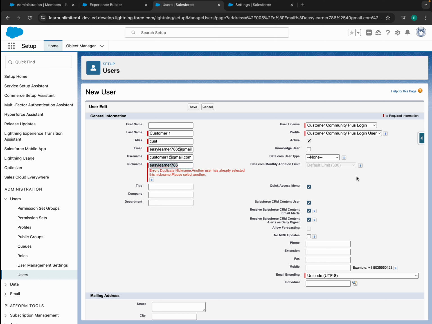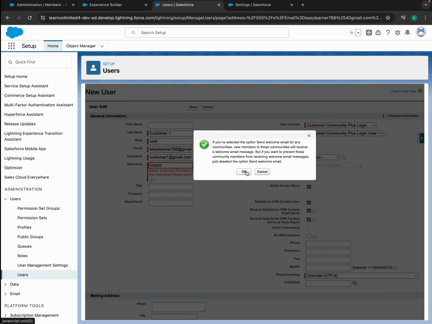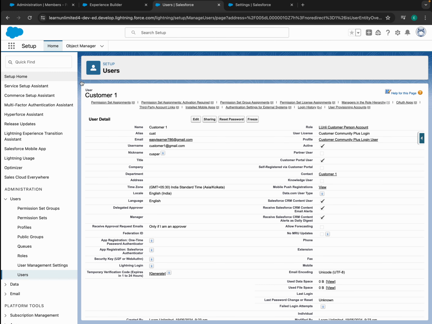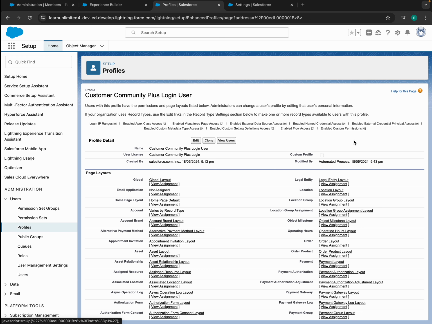Okay, it's a duplicate nickname, so let's put it as CUS Park, something like that. Okay, now we are good with this. And remember, for partner portals, the license will already give access to the leads, opportunities, campaigns, whereas for the customer user profiles, it will not give,